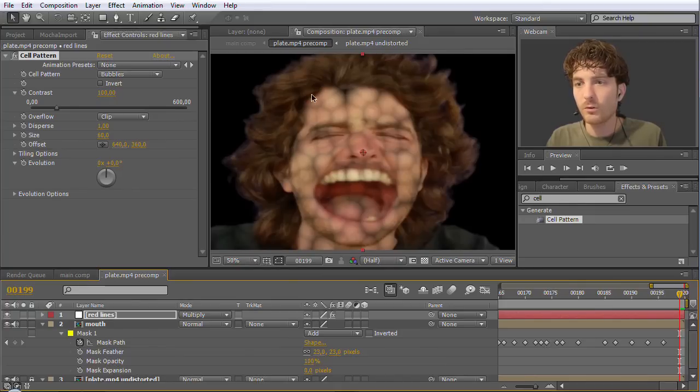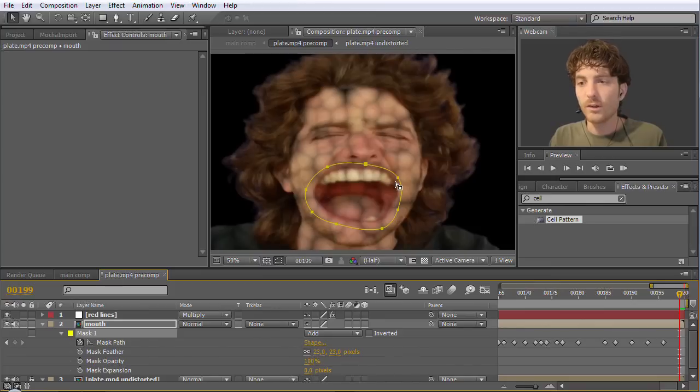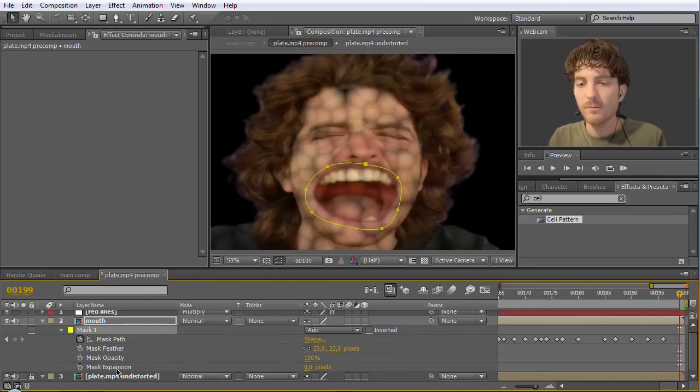So the next problem we of course have now is that the cell pattern is now not just in front of the skin, but also here in front of the mouth and in front of the hair and so on. And to get rid of this, we need a matte. And of course, similarly as for the mouth, we could rotoscope this. So this means just draw masks around the skin here and animate this over time. But actually this time we can do it easier because we can just use the color of the skin to